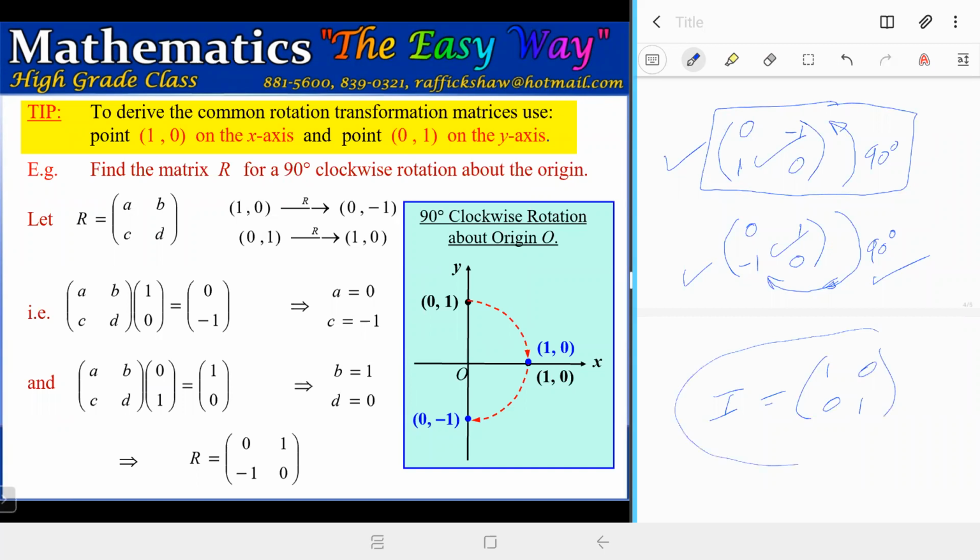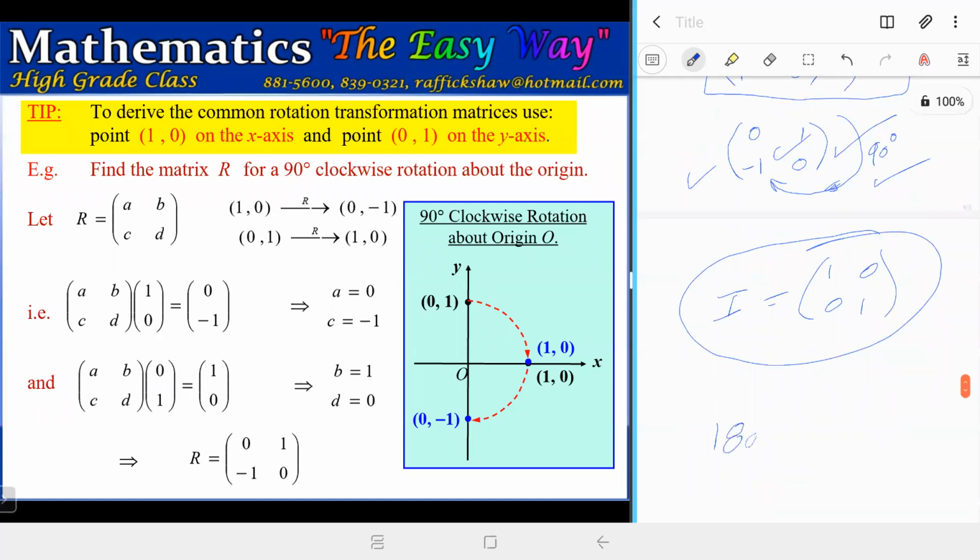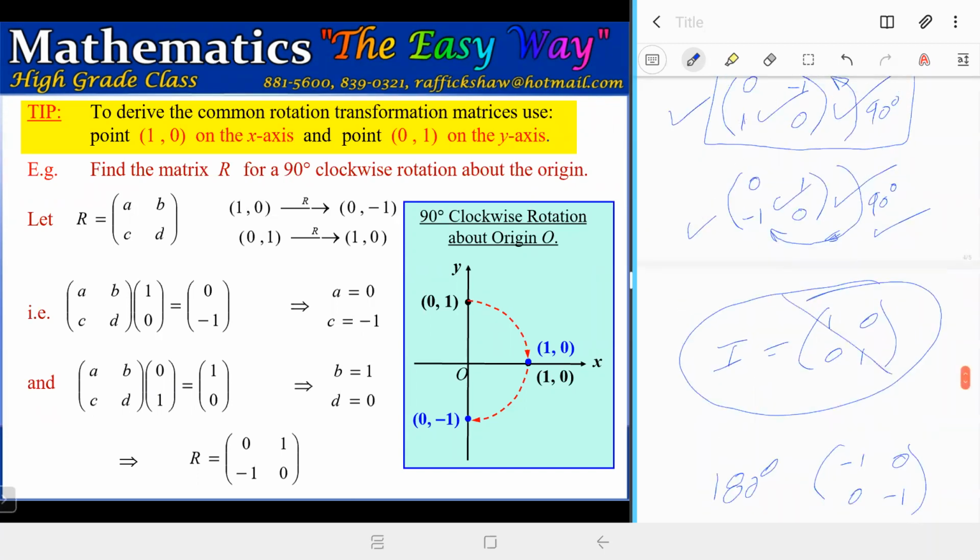And trust me, you're not going to get any calculation to do with that. It's just information. The questions that you're going to get are for this one, and for the 180 degrees one. They like to give questions with the 180-degree rotation, which is minus 1, 0, 0, minus 1. You're not going to get this one in the question to do with rotation. You're going to get the clockwise 90-degree rotation matrix, the anti-clockwise 90-degree rotation matrix, and the